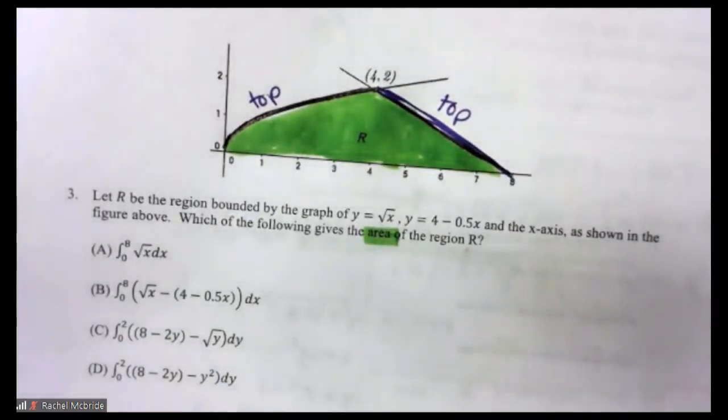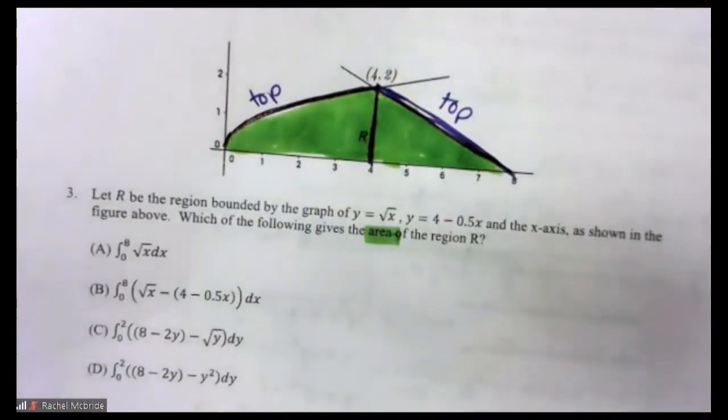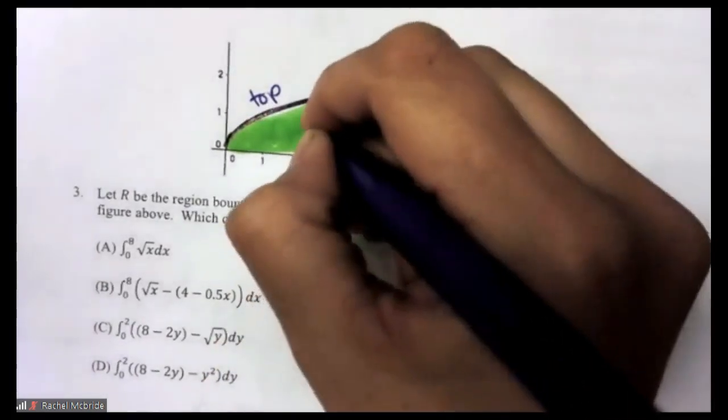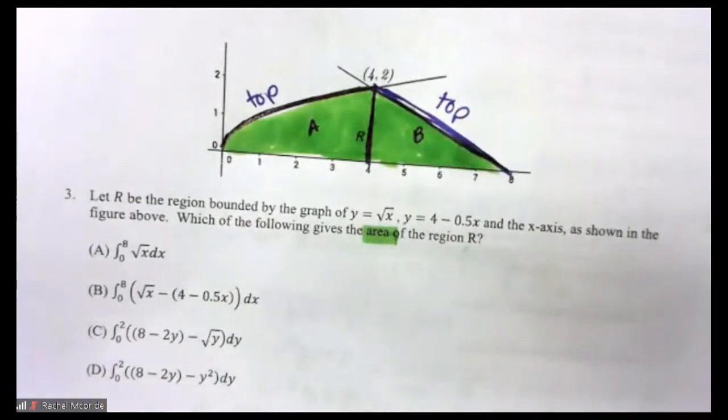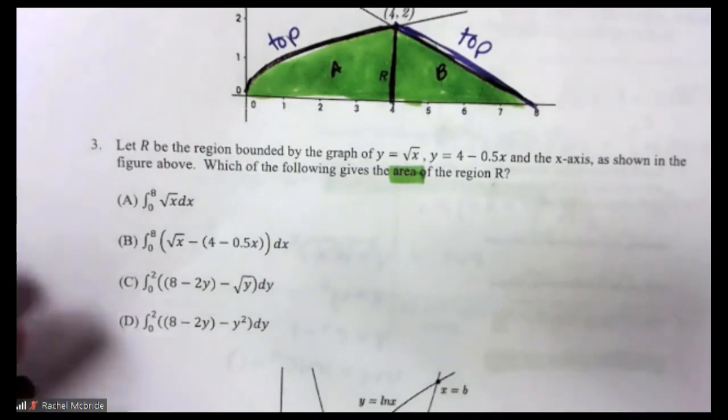So I want to add together two areas that are split at 4, 2. I need this area, which we'll call A, to be added to that area that we could call B. However, do you see any plus signs in any of those answers? No. So instead of top for A and top for B, I have to go